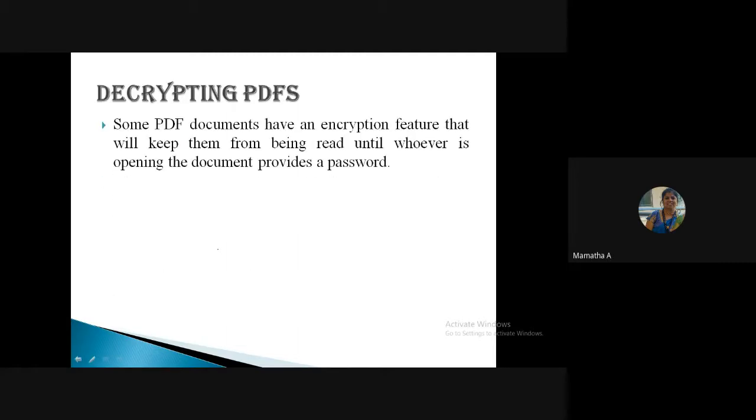We know it comes along with an encryption feature that keeps the document from being read. If it has a password, I will not be able to read the document. So the earlier approach I told you will not work if your PDF has a password associated with it.